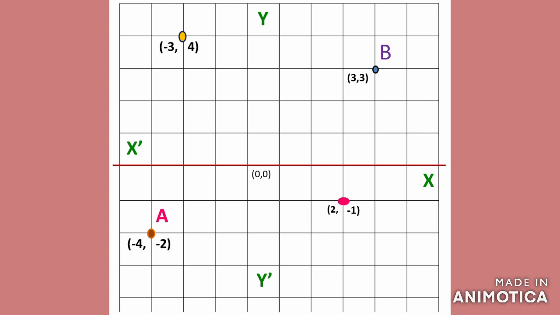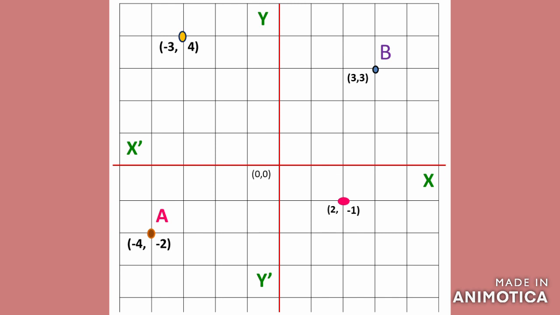We write it this way, and we keep everything within the bracket, first bracket or parenthesis, whatever you say. So this is our writing style. When we write the coordinate of any point, first we write the value of x, and then a comma, then y, and the whole thing we keep inside the parenthesis.